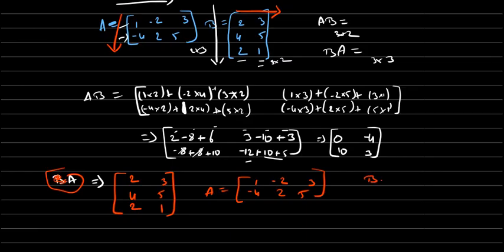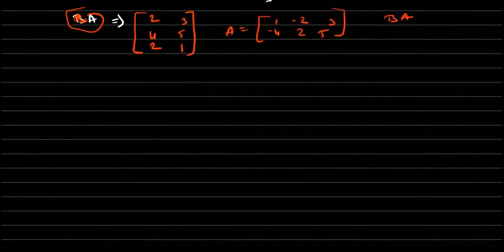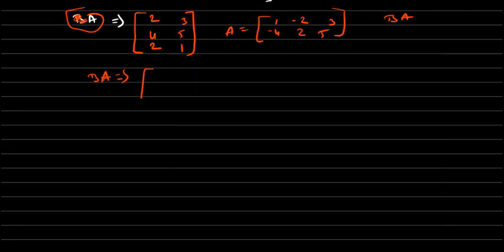BA, it will get a 3 into 3 matrix as I said. How many rows are there? B is a 3 into 2 matrix, and A is a 2 into 3 matrix. This 2 and this 2 get cancelled, we will get a 3 into 3 matrix. Be careful, guys. We'll start from this direction, in this direction. Okay, 2 into 1